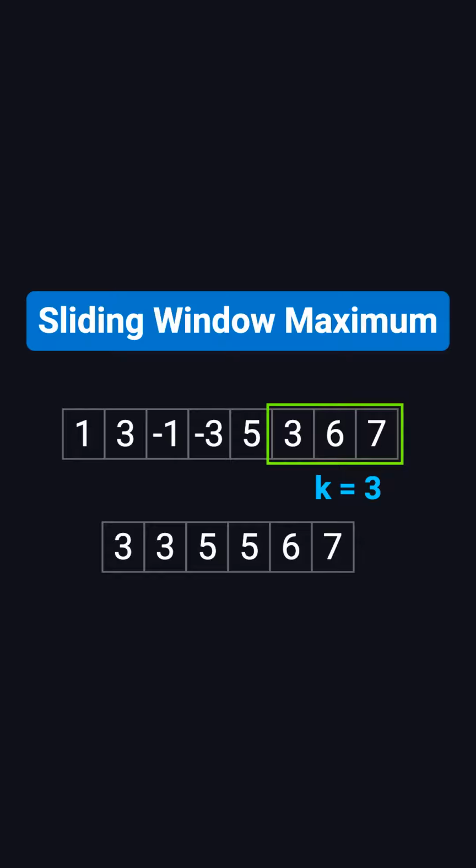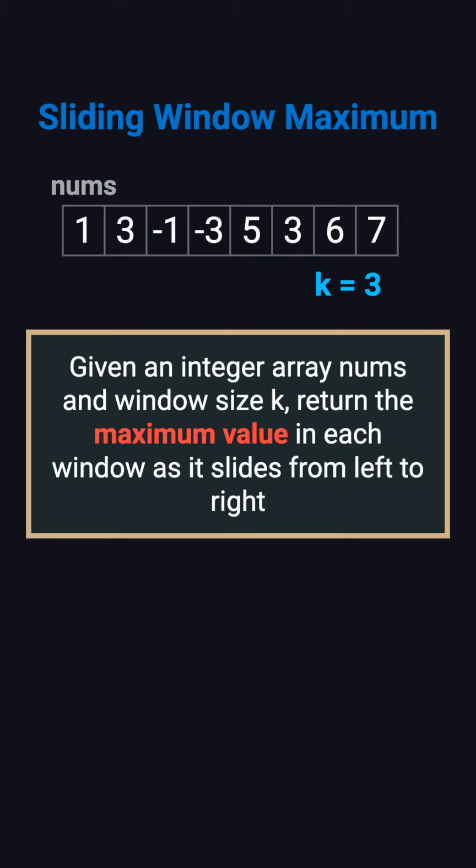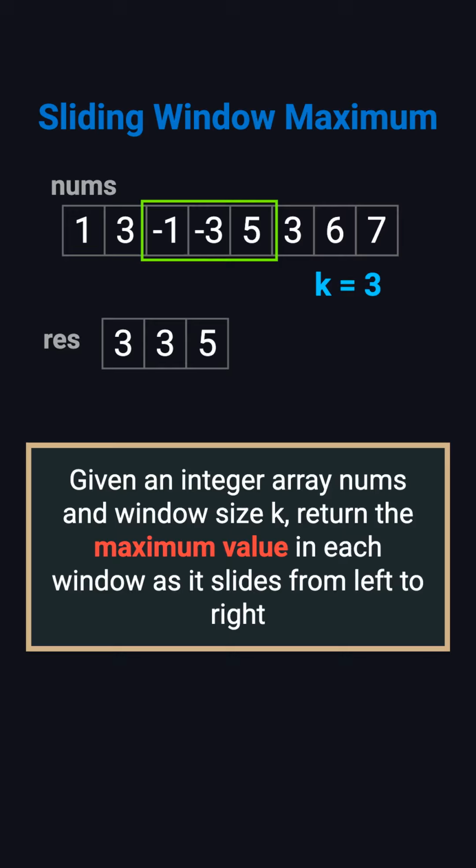Today we're solving sliding window maximum, a classic interview problem that separates beginners from advanced candidates. You're given an integer array nums and a window size k. The window slides from left to right one step at a time, and at each position, you need to output the maximum value inside the window. For example, if nums is the array shown on screen and k equals 3, the output is 3, 3, 5,